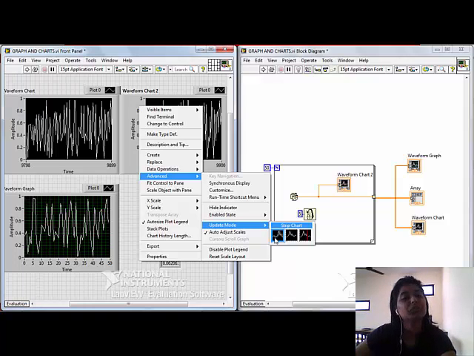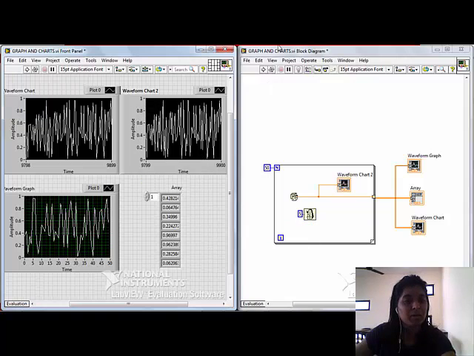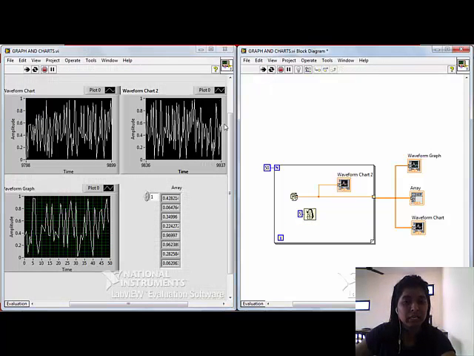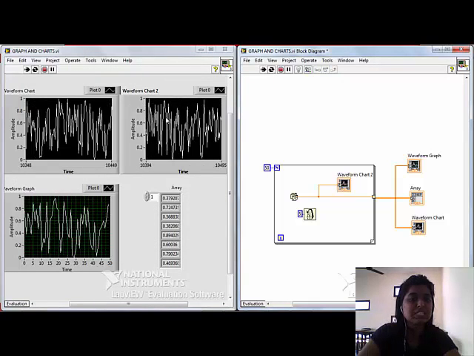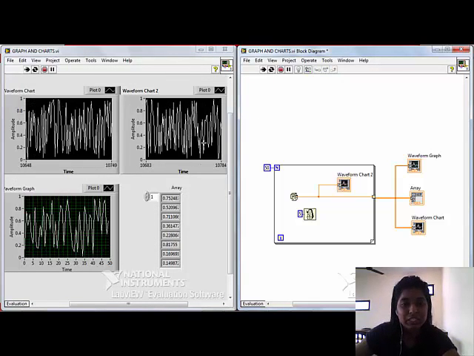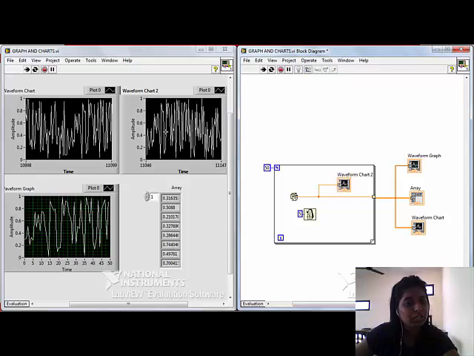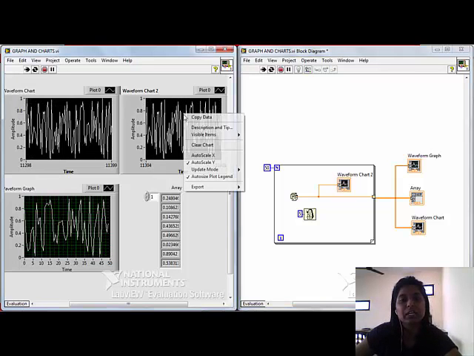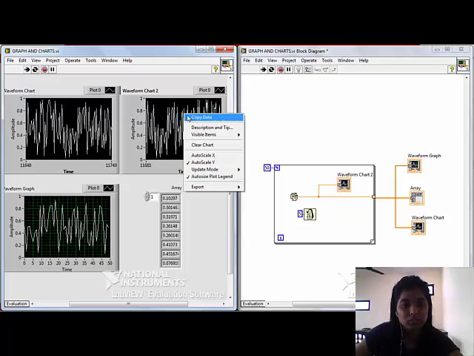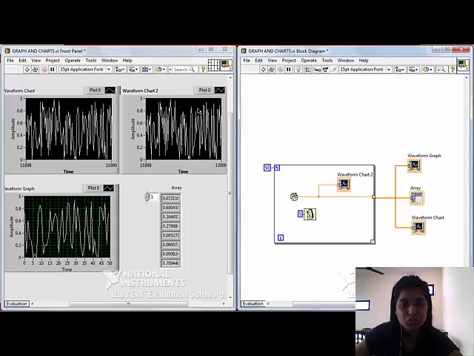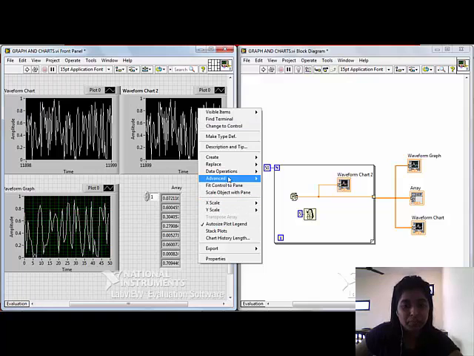I will show you this practically. Presently it's working as a strip chart. I will run it and show you. You can see the new data coming in and scrolling, and old data is getting pushed out. You can change the mode again. Wait a minute, I will stop it and show you again.